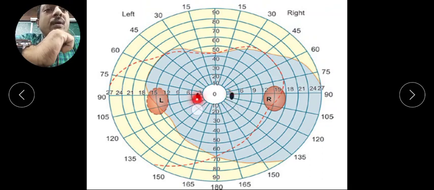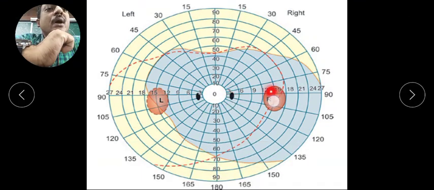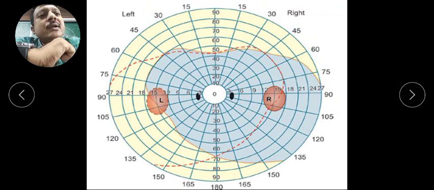Two blind spots for the two optic discs, for the right and left side, and this one is also an impression of the blind spot, which is measured by scotometer. This blind spot is described by the Lister perimeter, and this one is also a blind spot which is marked by scotometer.